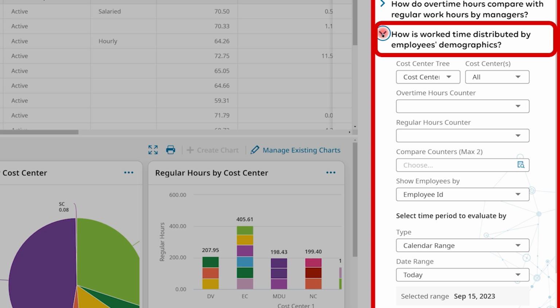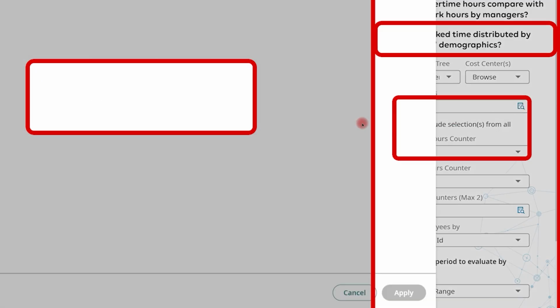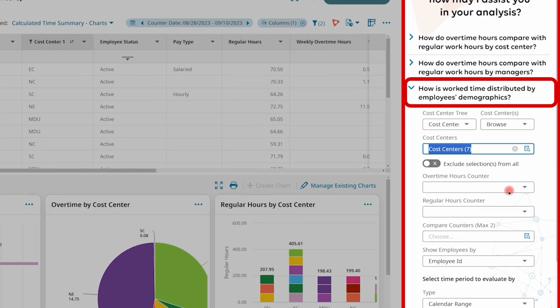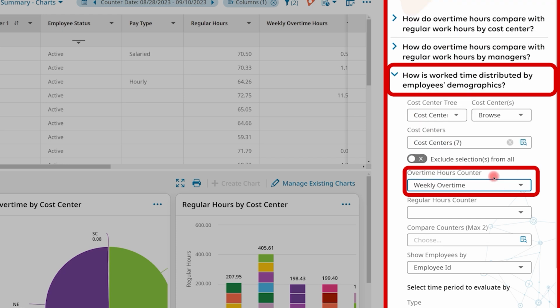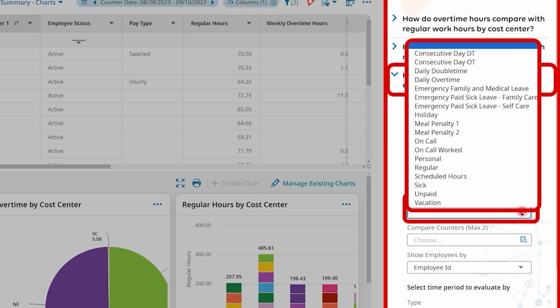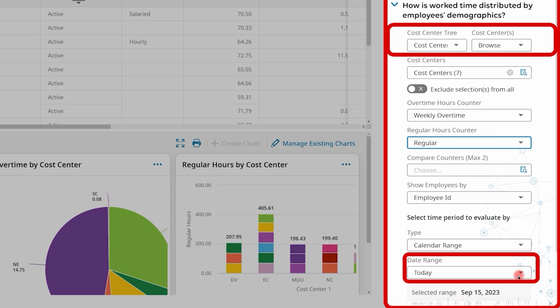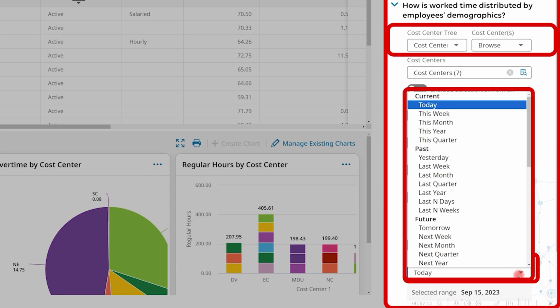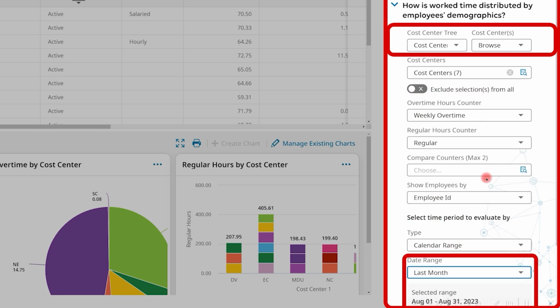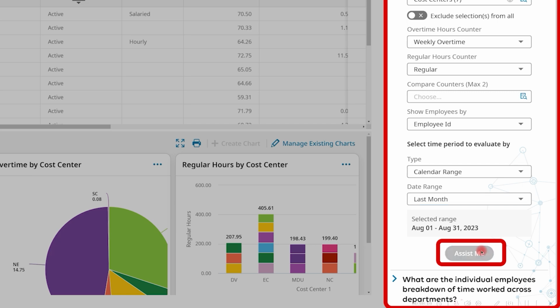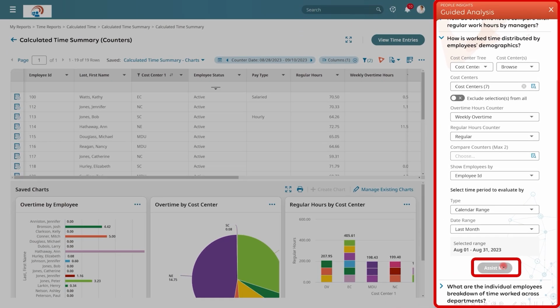First, we will need to choose the cost center that we will be evaluating. Then, in this case, we are going to be reviewing our weekly overtime hours and our regular hours. And finally, we can establish the date range that we will be evaluating. In this case, let's look at last month's data. And once you're ready, you can click on the Assist Me button, and this will bring up our Insights Explorer